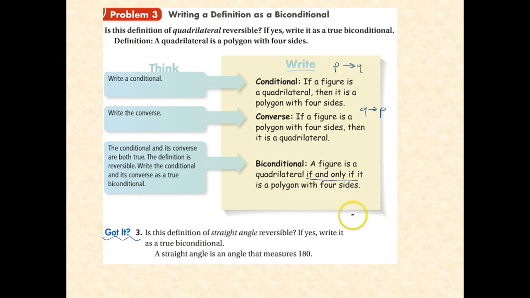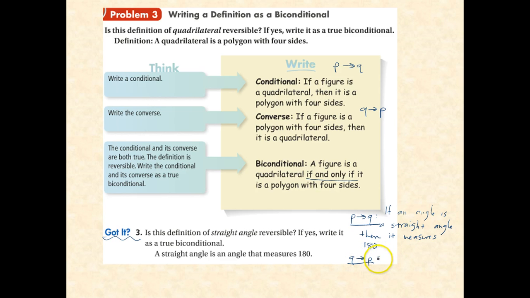So our P implies Q would be, if an angle is a straight angle, then it measures 180 degrees. Our converse